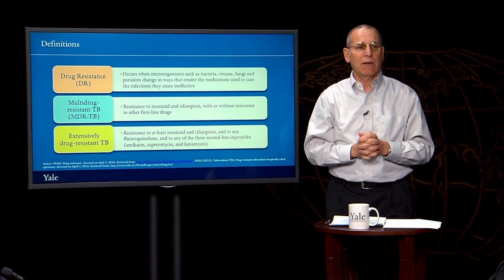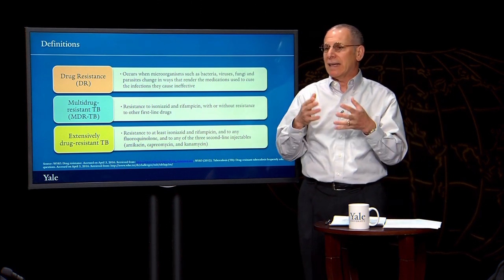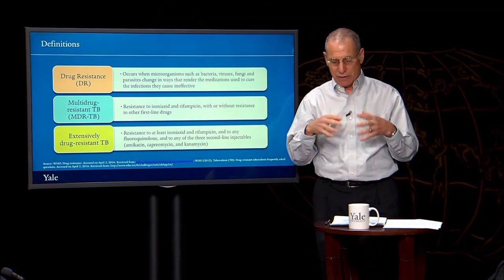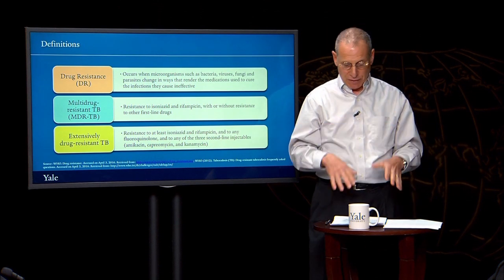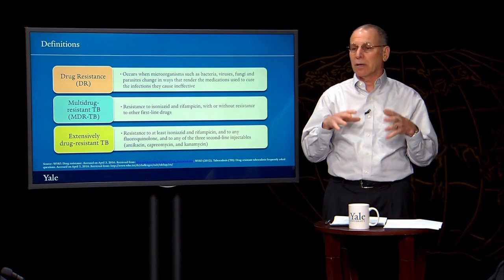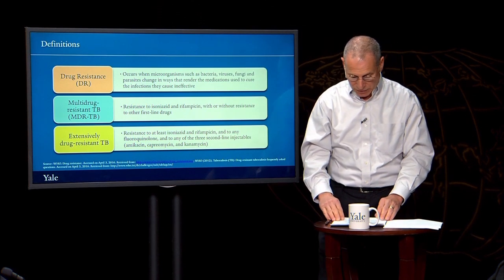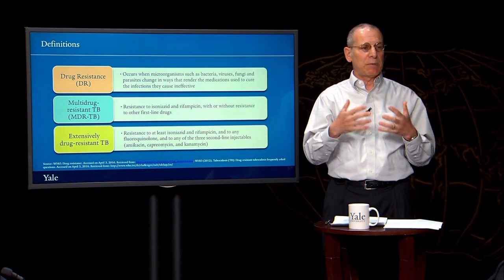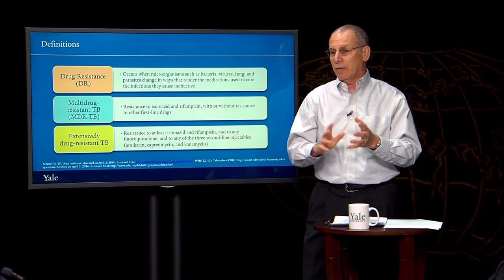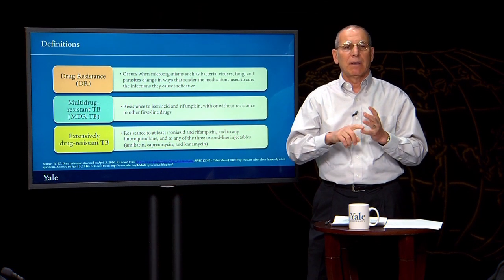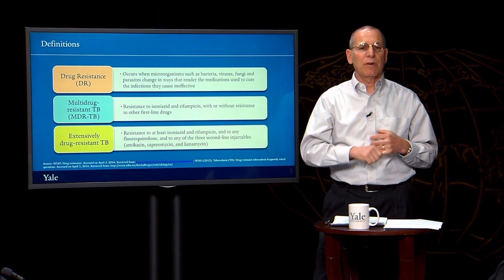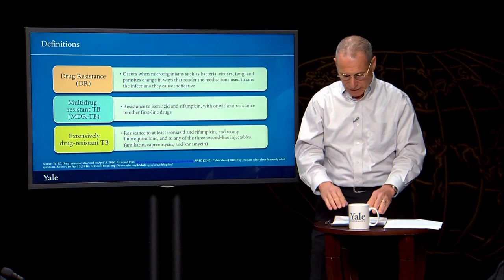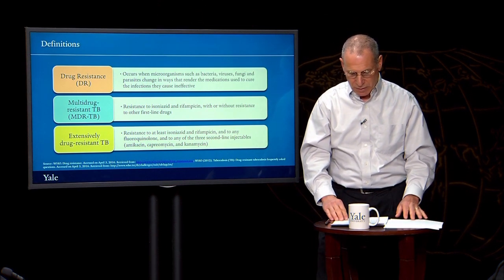But generally the notion here is that therapy should be supervised, and that supervision makes it much more likely that people will adhere to therapy, which is essential if they're going to be cured and if they're not going to contribute to the development of drug resistance. Now, this is really important not only for people's health, but we need to understand that, in fact, when it comes to the health side, as Emily noted earlier, it's much more difficult to treat resistant TB than drug-susceptible TB. It's also much, much more expensive to treat